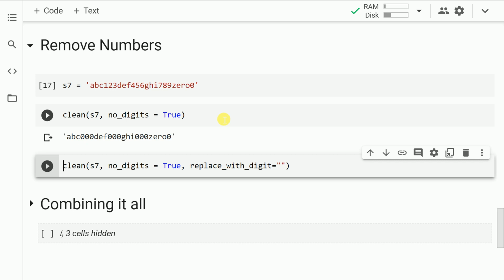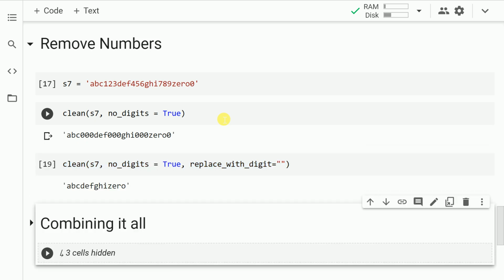As you can clearly see, wherever it has discovered a number, it has replaced it with a 0. If you don't like to see the number 0 after replacement, what you can do is set the argument replace_with_digit equal to an empty string. So let me run the cell. As you can clearly see, I filtered out all the numbers that exist in a string. If you notice carefully, for a lot of use cases, we had to use regular expressions for filtering out numbers or characters. I am able to achieve this with the help of one function only, and this is like a unified function for all the things that I've shown you so far.